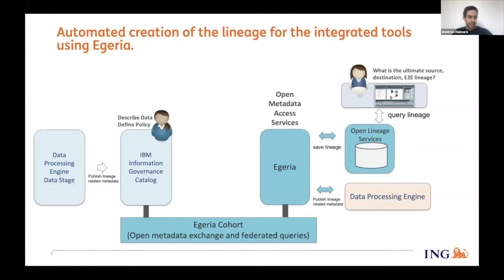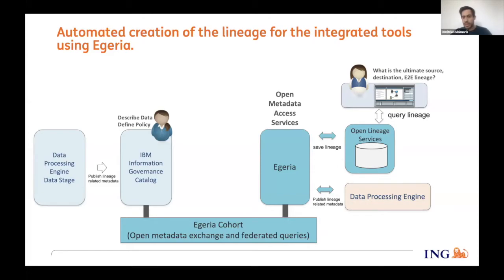So what I want to mention here is that we have 2 ways to communicate with Egeria. One way is that the data engine itself can automatically publish events to the cohort topic. And the second way, you can also directly call an Open Metadata access service that is responsible for that. So you can directly do POST calls, REST calls to create your metadata, and that will be saved in a